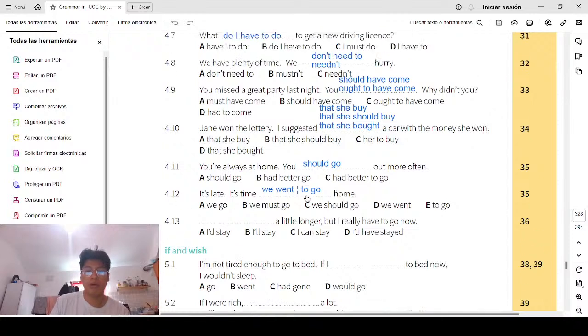We went home. For example, it's an expression that means you should already be at home, right? That's why it's late. It's time we went home. It's like "let's go," right? It's basically the same meaning, but this is more of an expression. We went home. Sometimes we use